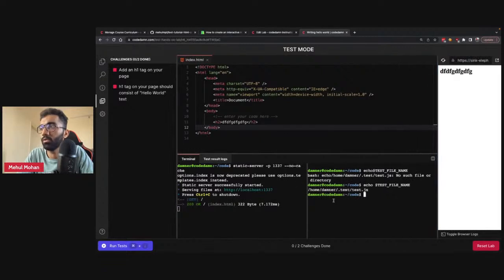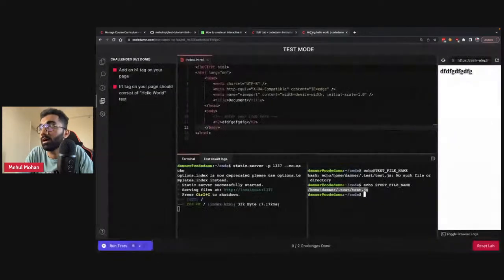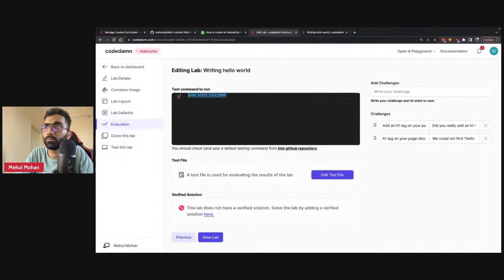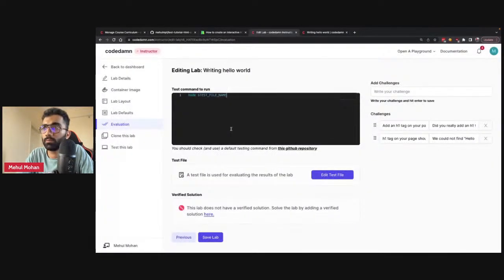file name, right? But you don't have to explicitly write this particular file. You can actually go ahead and write this as well, but don't do that because we might change the path of this file. So it's better to use environment variables instead. So $test file name allows you to run a particular test file using Node.js. So what we are doing is whenever someone clicks on this run test button, we are running a Node.js script, right? But what script is this? This script is the test file, which we'll create now in the fifth step.